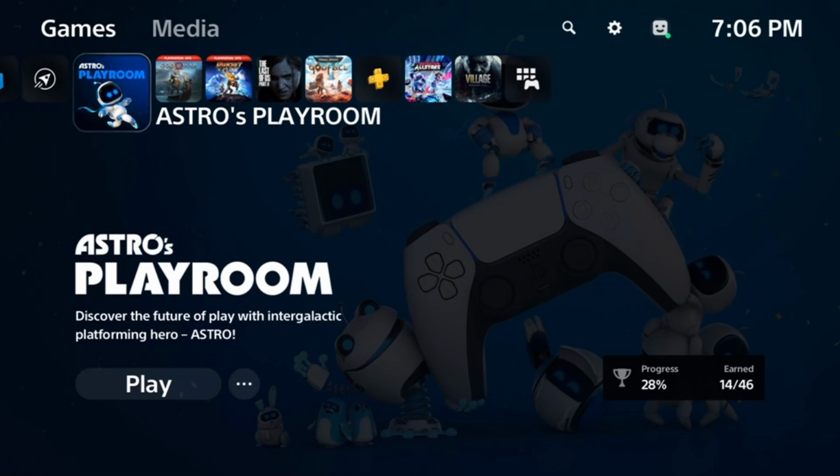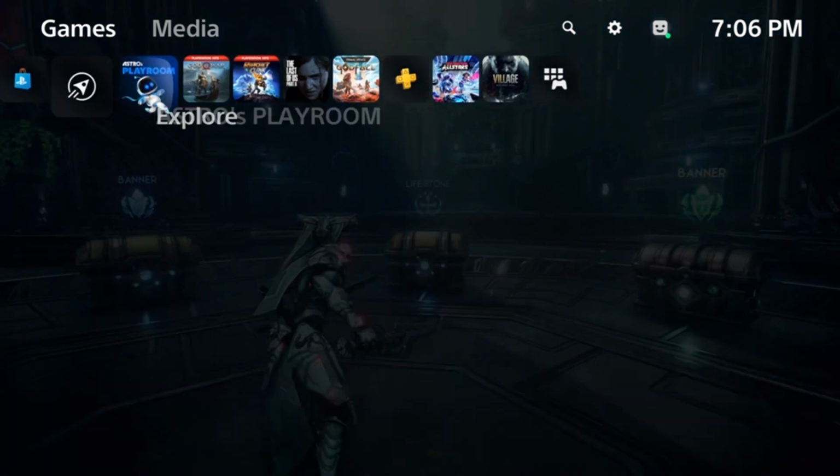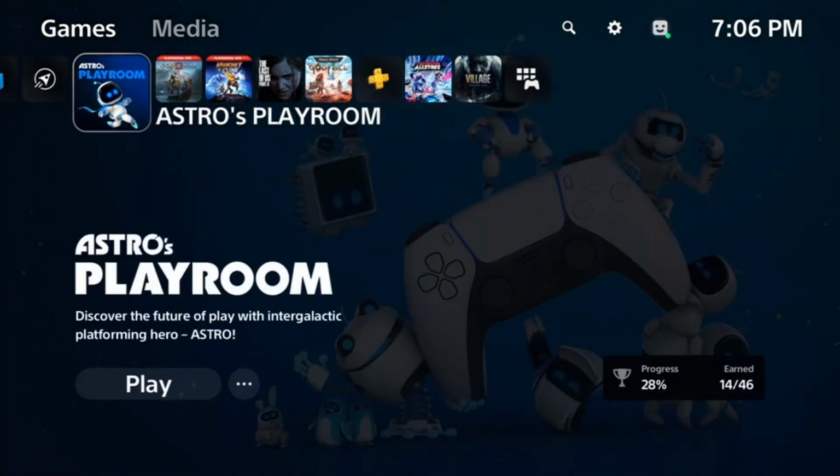my PC with the PlayStation Remote app here, and the music that you hear is every time you move over to a specific game. You can turn this off in options if you want to, but it kind of plays a little bit of audio that is themed around that game, some sort of music or audio clip or something like that. And this kind of just cheerful music is for Astro's Playroom. We'll pop into that in just a little bit, just to show you a couple of things like about the